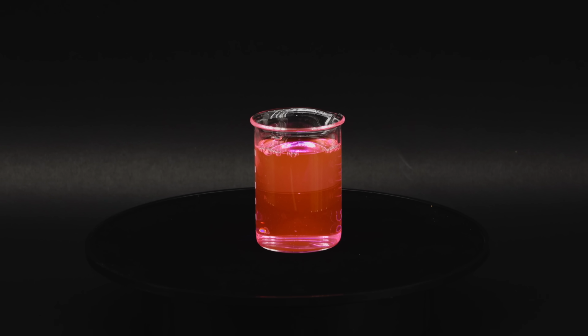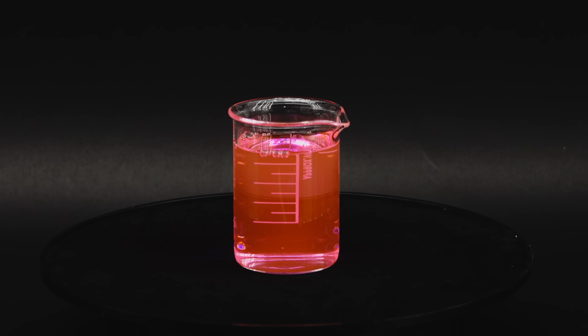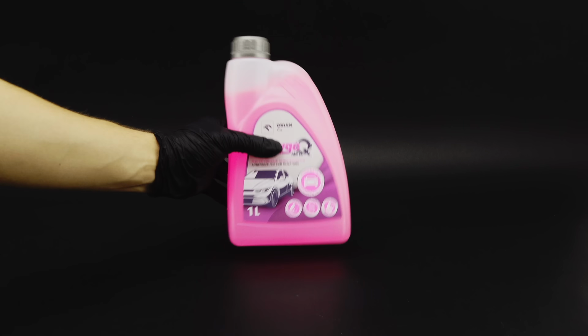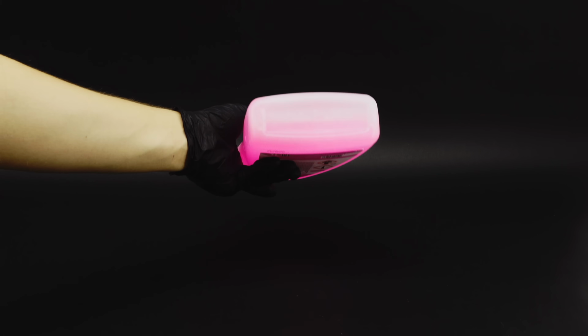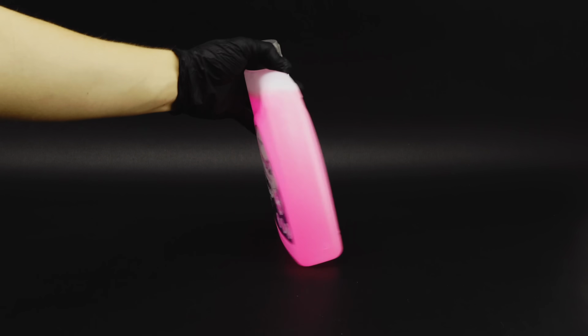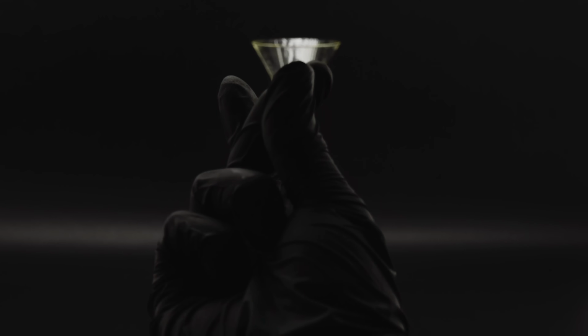Now, it can be readily bought in its pure form, however, I decided to extract it from antifreeze since I bought it just for this project. The glycol in it is mixed with various additives and a bunch of water, which I can luckily separate out quite easily by distillation. To start, I poured about half the antifreeze into a flask and then assembled it into